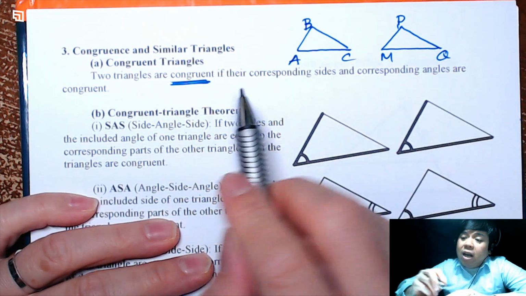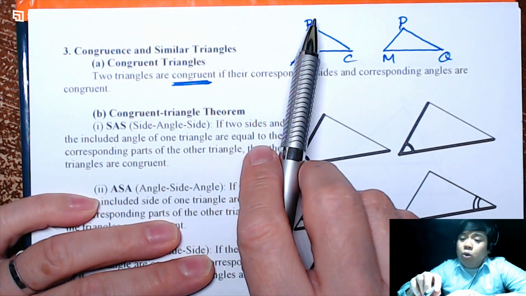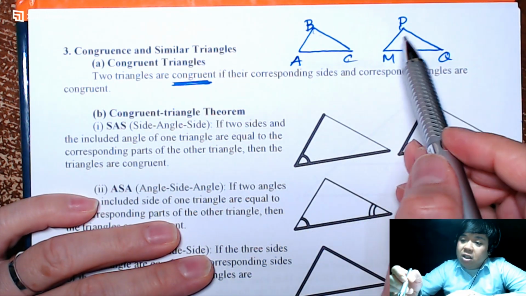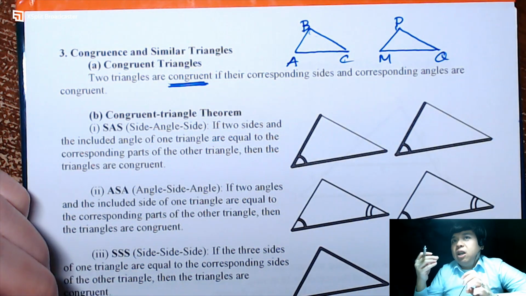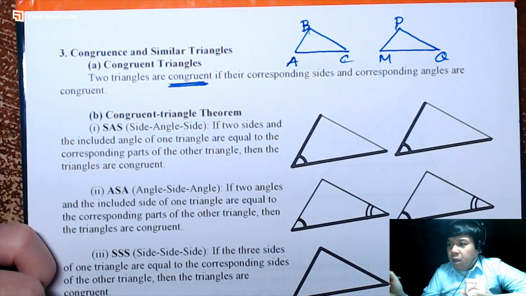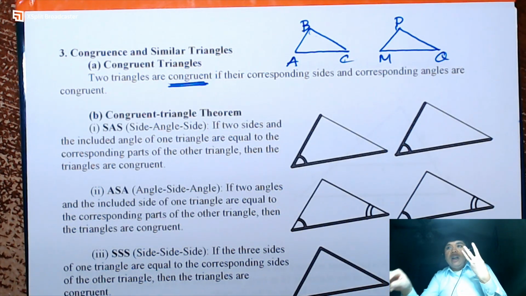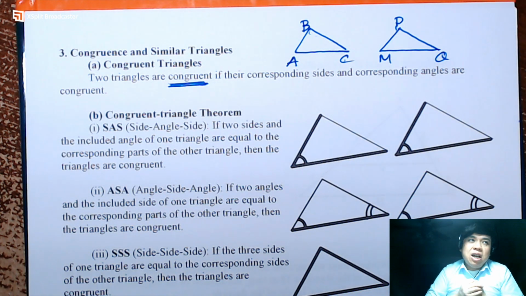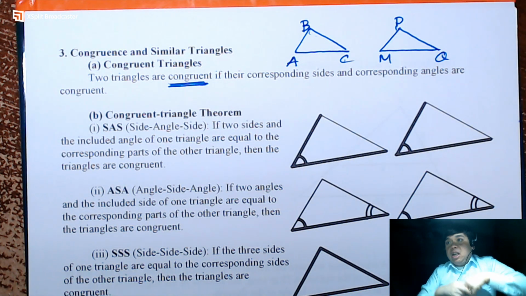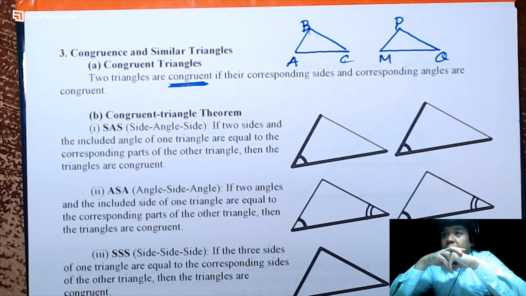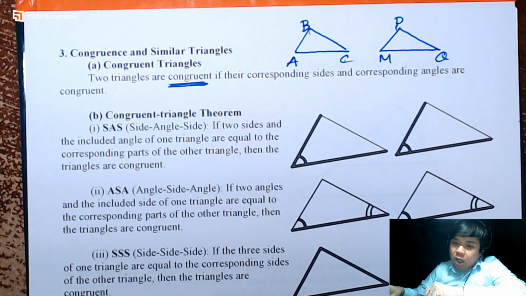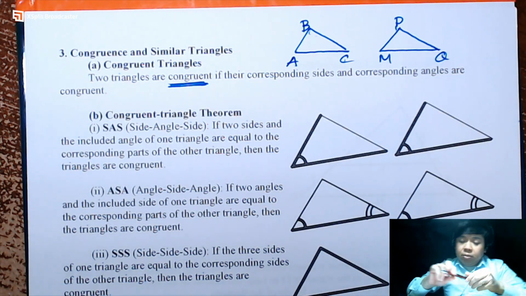Yeah, so in that case, angle A is the same as angle M, angle B is the same as P, and C is the same as Q. And the length AB is equal to PM, and so on. So corresponding angles are equal, corresponding sides are equal. A triangle has three sides and three angles, so we have three pairs of equal angles and three pairs of equal sides. Well, that's 6. But in reality, if two triangles are congruent, we don't need all 6. 3 will be enough. But not just any 3, some particular 3. So the cases for the triangles to be congruent,